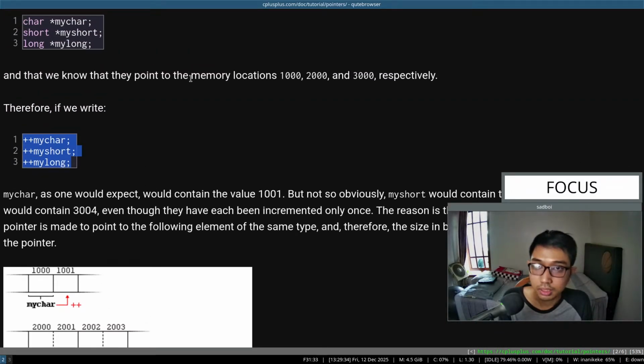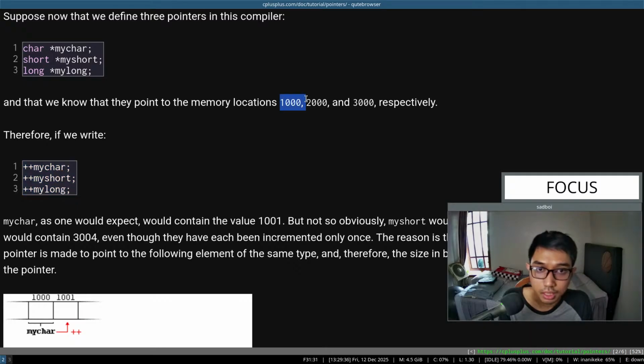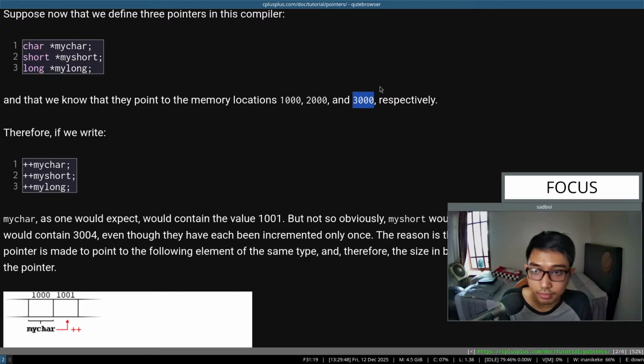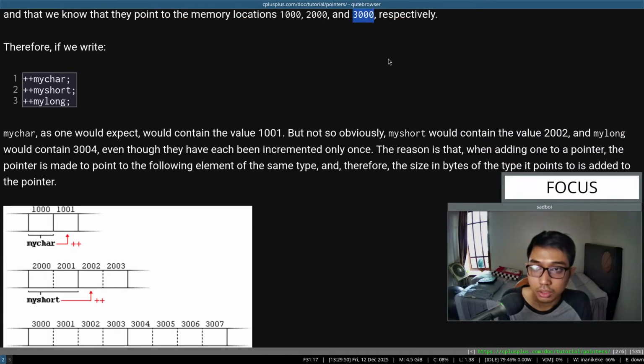Assume that the pointer char has value 1000, and then pointer short has value 2000, and then pointer long has value 3000, right? So when we do this kind of arithmetic,